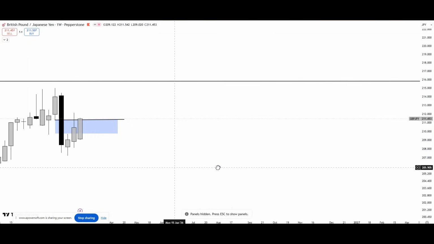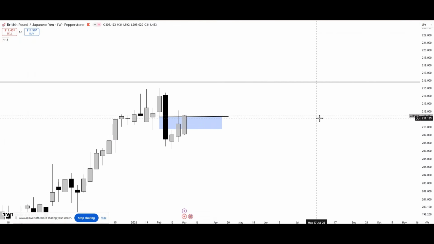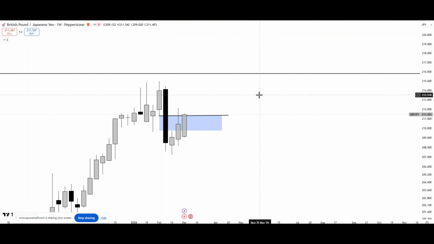So GBPJPY and yen basket are negatively correlated, which means you expect to see the opposite for the two pairs. Now, if you look at GBPJPY, of course, all this bearish momentum, price was tagging a monthly fair value gap. And currently where we stand, you can see price has actually inverted this weekly fair value gap here, which shows there's a high probability we are likely to see a bullish GBPJPY.